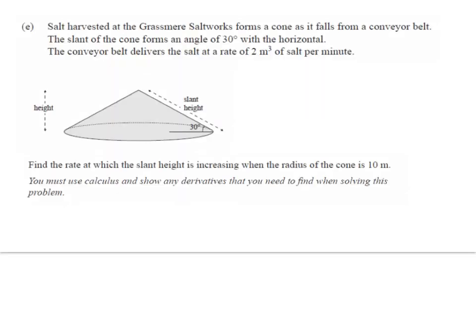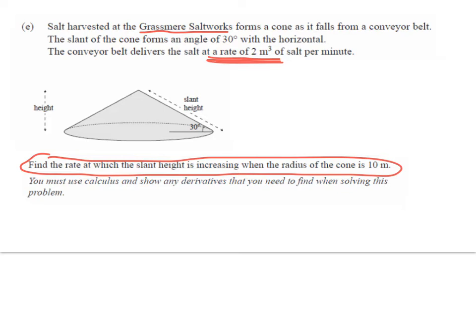Okay, so the question goes like this. Salt harvested at the Grasmere Saltworks forms a cone as it falls from a conveyor belt. The slant of the cone forms an angle of 30 degrees with the horizontal, and the conveyor belt delivers the salt at a rate of 2 cubic metres of salt per minute. You're asked to find the rate at which the slant height is increasing when the radius of the cone is 10 metres. So we're going to start by saying let the slant height